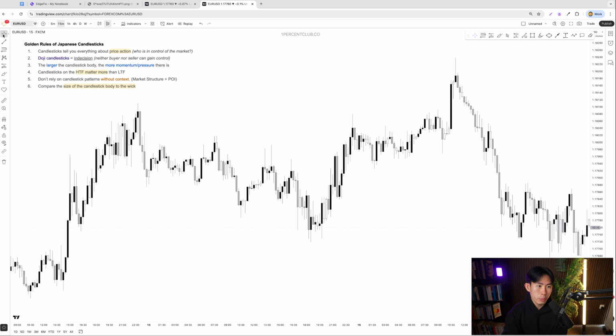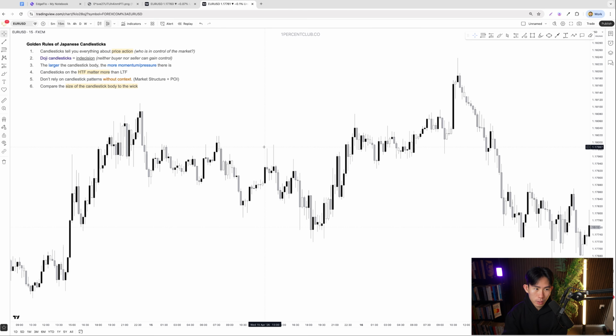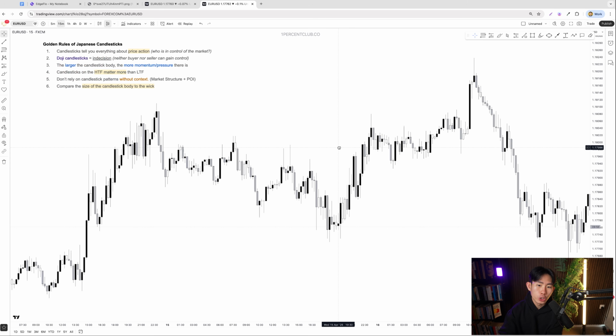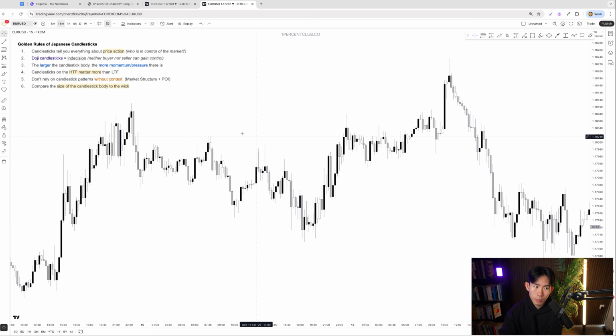Okay, so here are my golden rules of Japanese candlesticks. Like I said, do not just blindly memorize candlestick patterns. Understand how the candlesticks actually work, and why price moves the way it does. When you do, this is where you are able to really observe the price action and trade with the institutions. So the first rule is candlesticks tell you everything about price action, which is who is in control